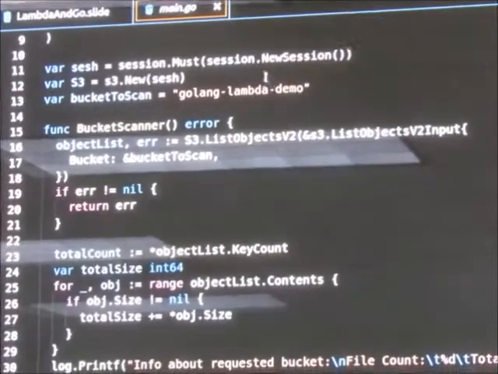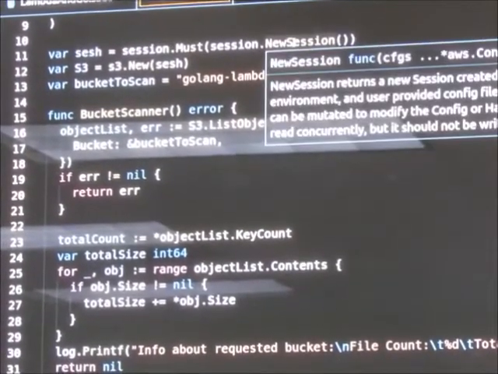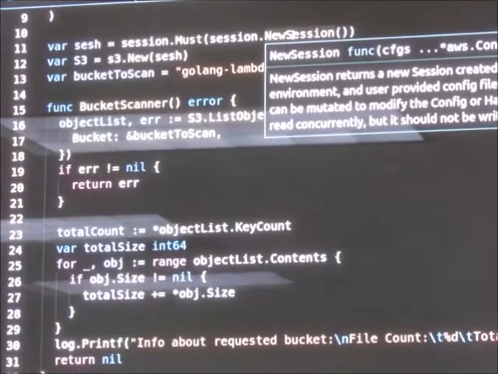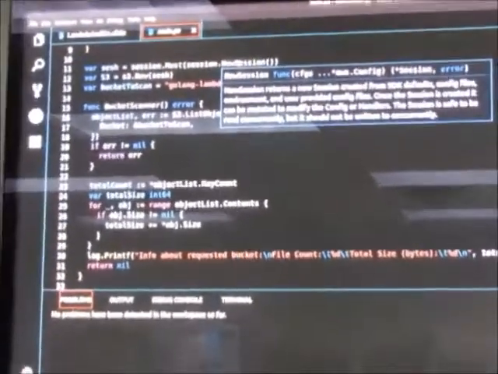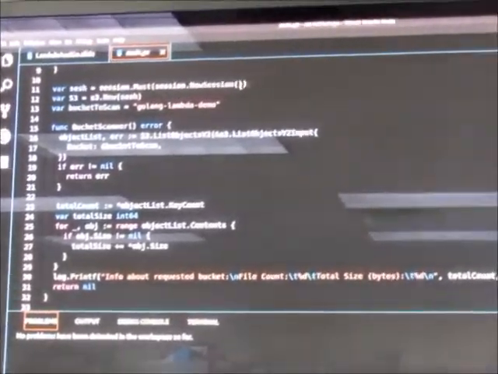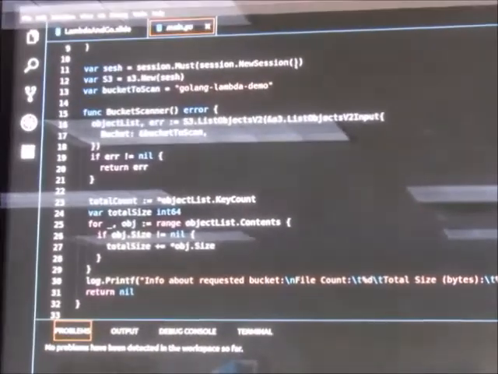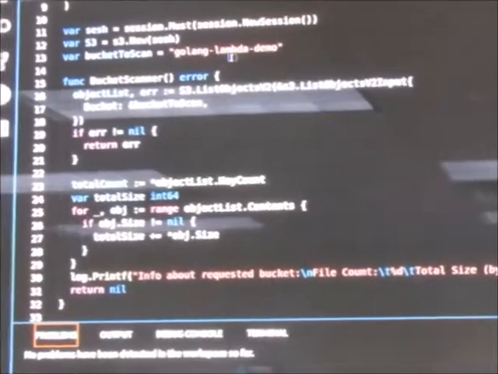So I'm creating a session, which is just a very convenient function that's essentially grabbing AWS credentials from wherever it can find them: environment variable, home/.config or whatever.